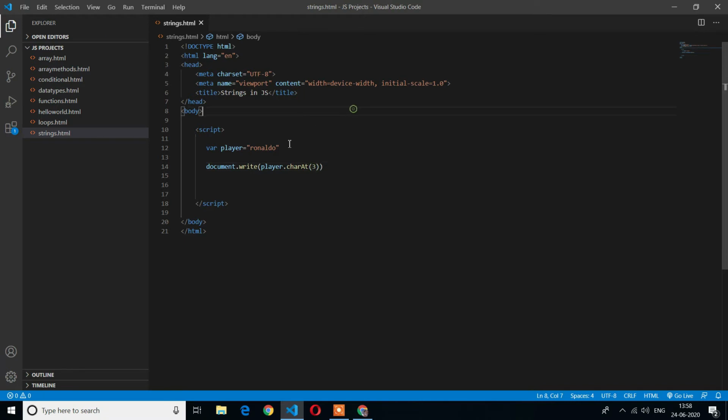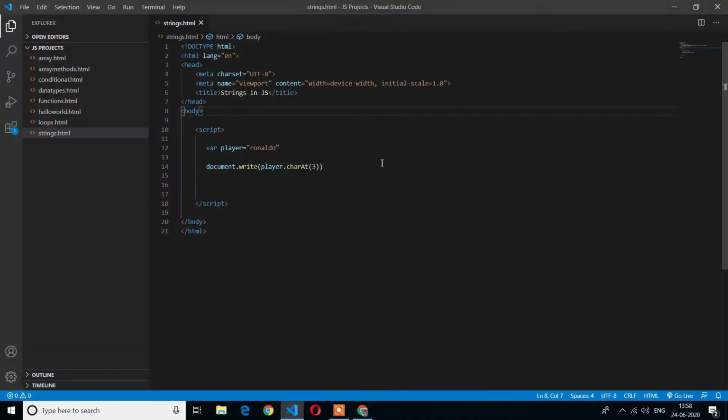So at the third index the element is A. I will refresh it. Here you can see the output is A. So we can use the array-style method, player[3], or we can also use player.charAt(3). We can use both methods for finding the element at a particular index.